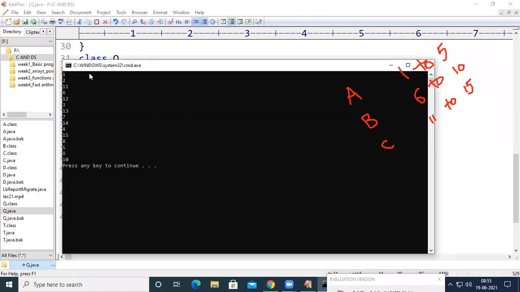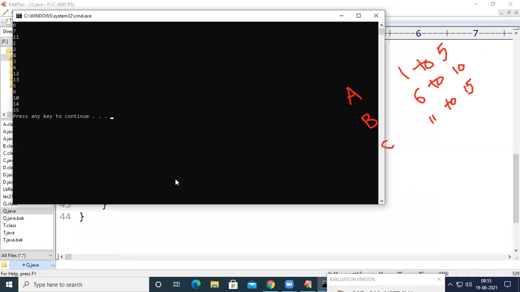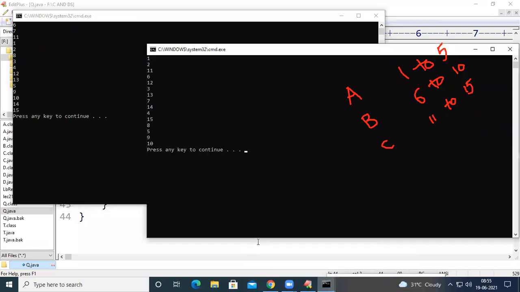See here, we got the output of 1, 2, 11, 6. Let us keep this output first, and we can run the code again. If I run the code again, let us keep both the outputs side by side. Previously I got this output, and now I got this output.